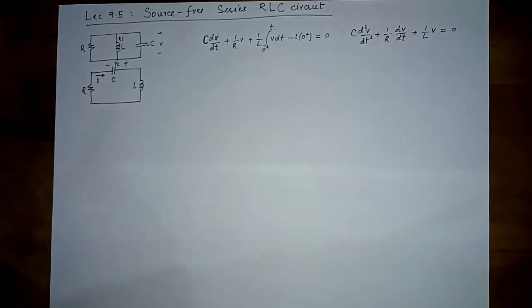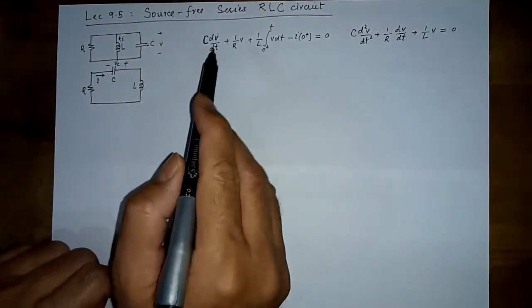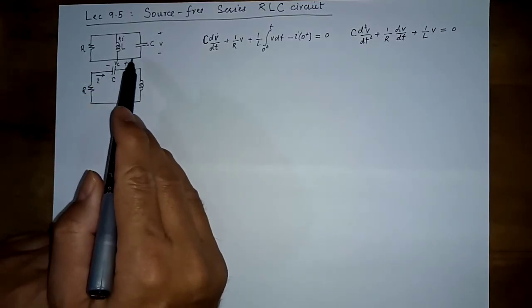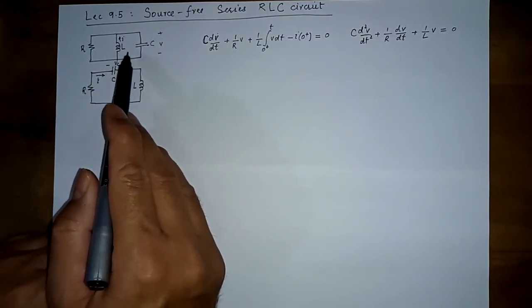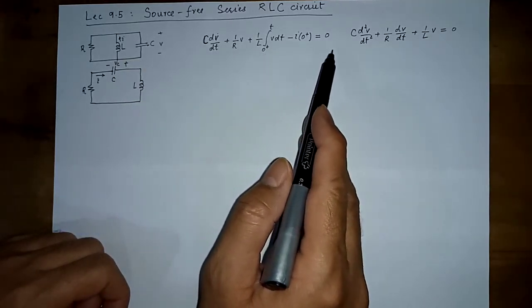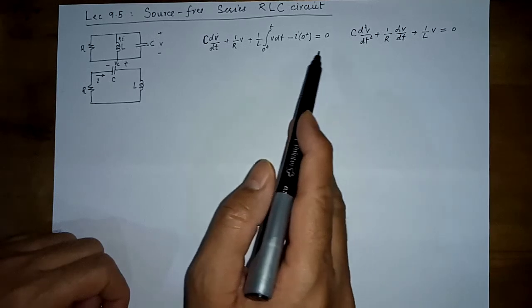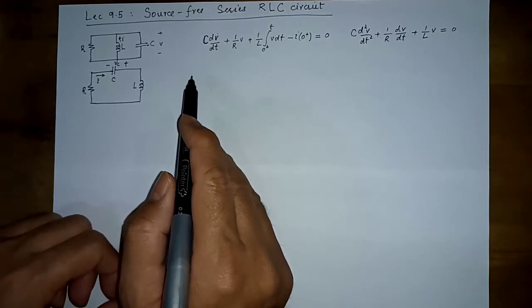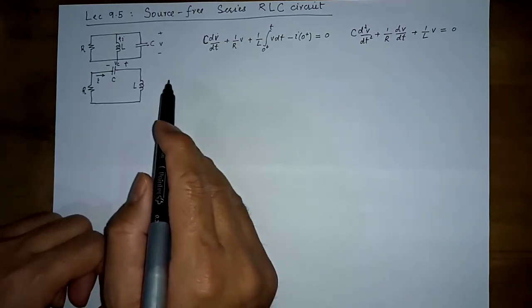Let's now take the case of a series RLC circuit. I have drawn this parallel RLC. For this we used the node voltage method to come up with this equation, and then we differentiated it to get this expression. We are going to draw some similarities here with this case, so I have noted that down.